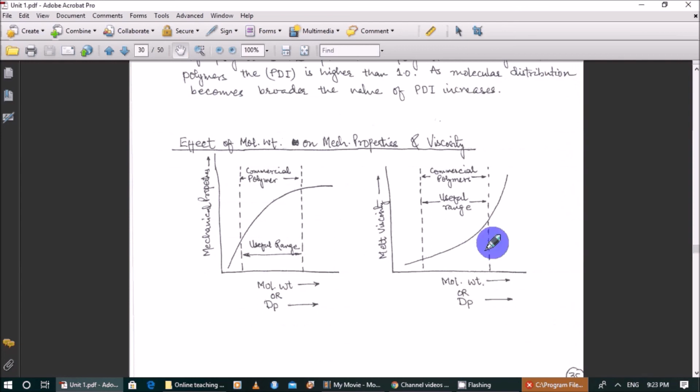And if we go beyond this range, there will be no improvement in the mechanical property, but we will get a polymer which has very high melt viscosity and which is difficult to handle by the processing equipment. So we will always try to polymerize our polymer system within this useful range. Okay,